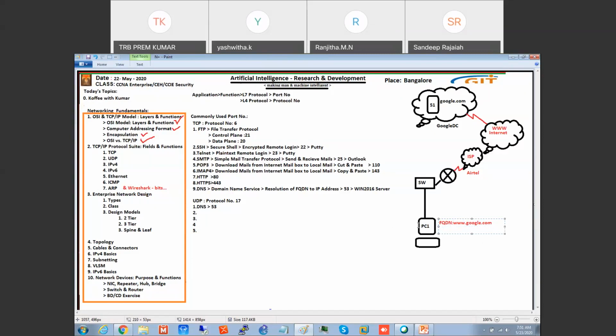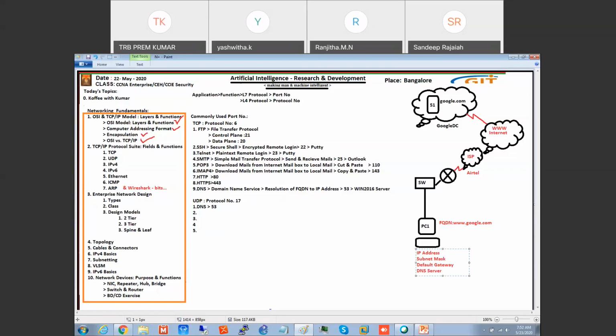So what it does is it will go and ask for help. I got google.com. Can you please tell me how to get the IP address of the server? So for that, in our machine we will configure IP address, subnet mask, default gateway, and the DNS server address.